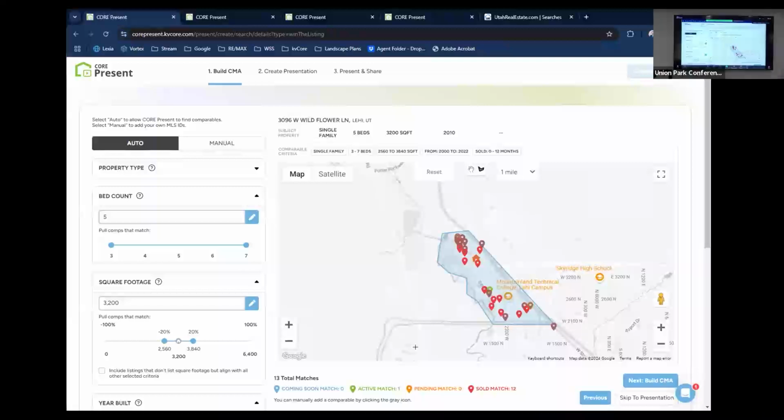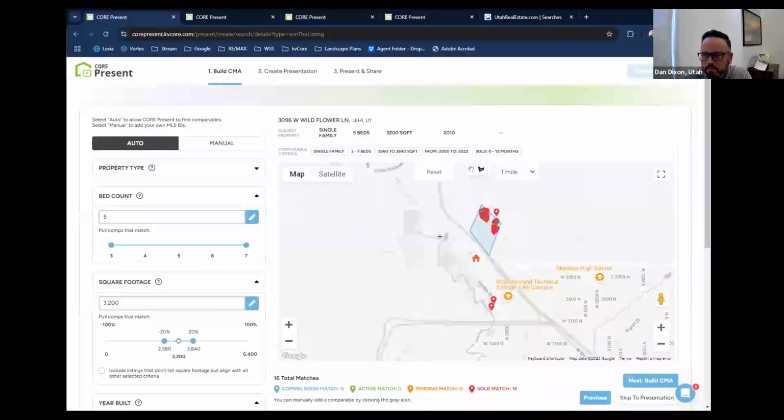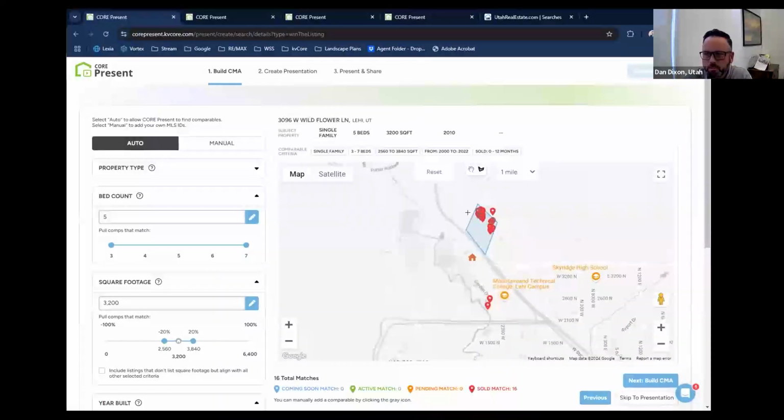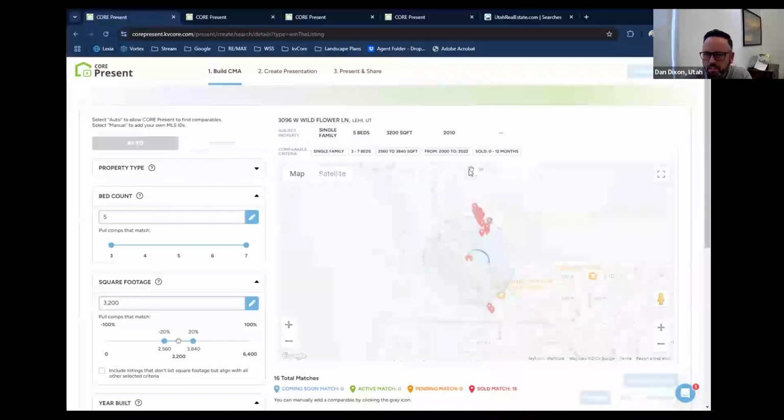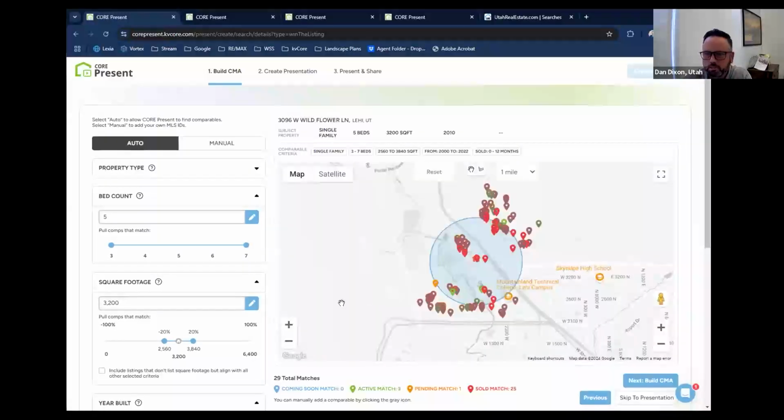Perfect. And maybe I want to add this little thumb right here because this little neighborhood's cool too. Oh, that didn't do what I wanted to do. But yeah, you can do that, Daryl. Or go back to just the circle, and there you go. Okay.